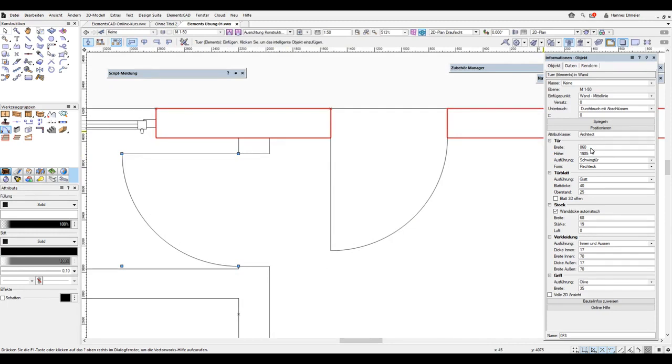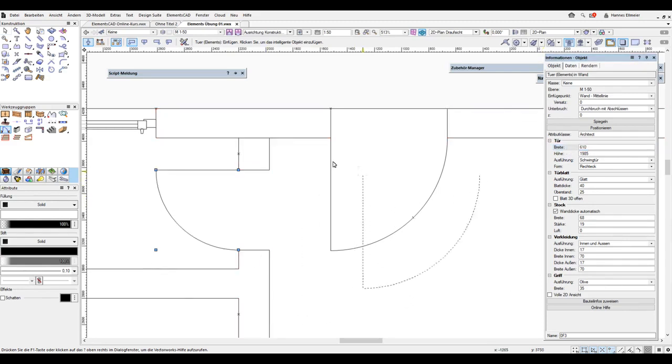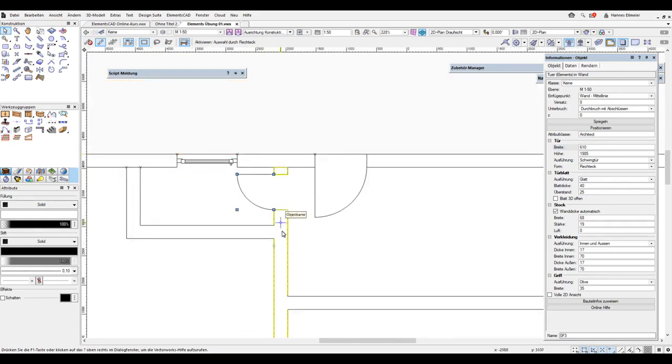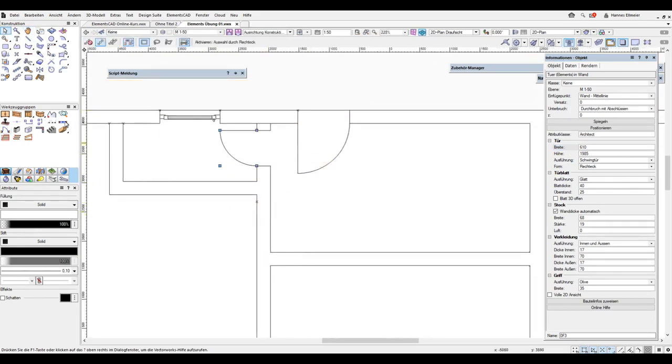If we have too large of a width here, it can still be adjusted. Let's make it 610 millimeters, but that will cause the door object to be moved again, and we simply approach that reference point again. Alternatively, of course, before placing the object, you can define the width right away and confirm with OK to place